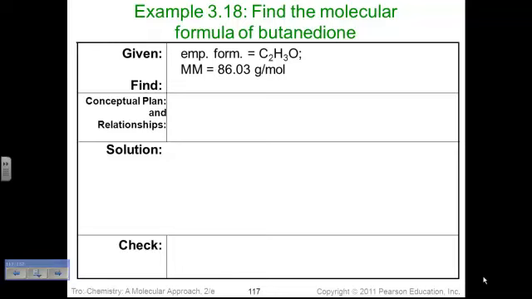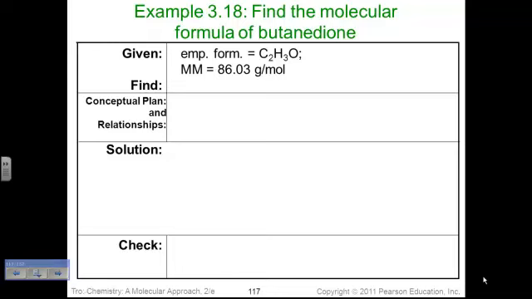So this is given: C2H3O. 2 carbons, 3 hydrogens, 1 oxygen. That is given information. You would by no means need to know that by heart. Also given is the molecular mass, that's MM, molar mass or molecular mass of our target formula, which is 86.03 grams per mole. An empirical formula, C2H3O, when multiplied by some factor, is going to give me the target